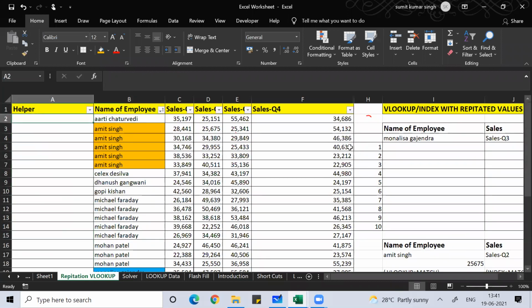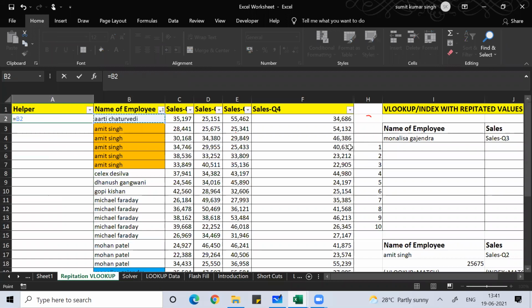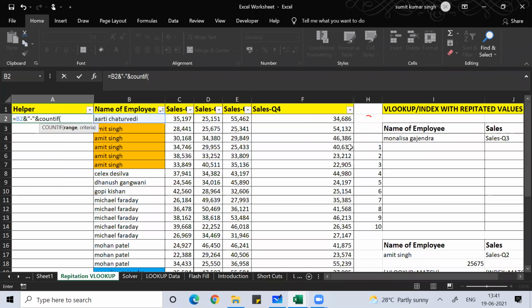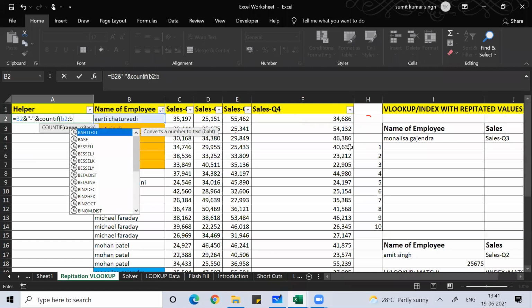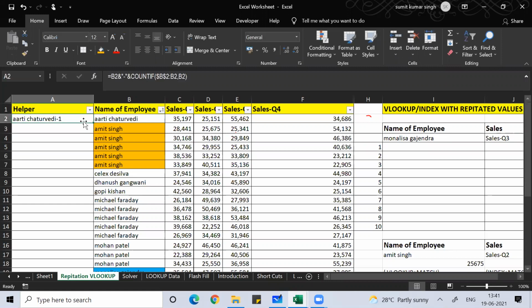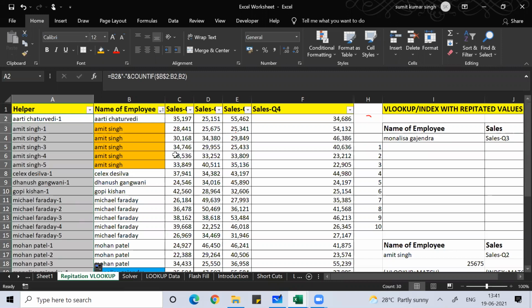I'll write this: Shift 7, double quote, slash, double quote, Shift 7, then COUNTIF, B2, comma B2. Fix this cell with the F4 key. Okay, so I got this numbering.